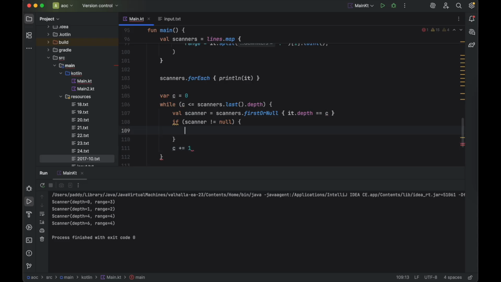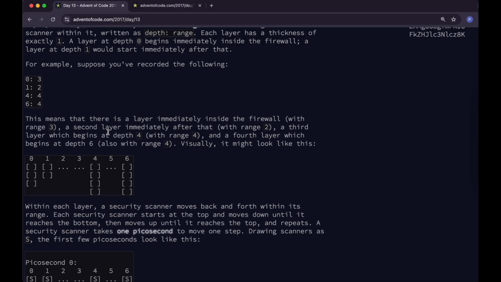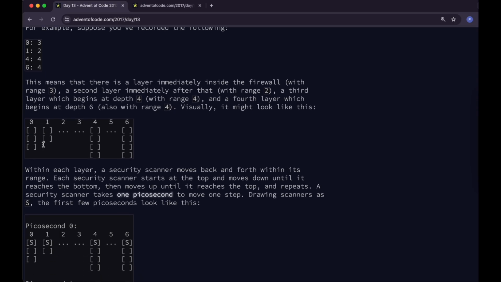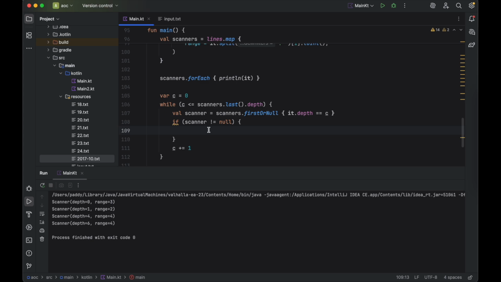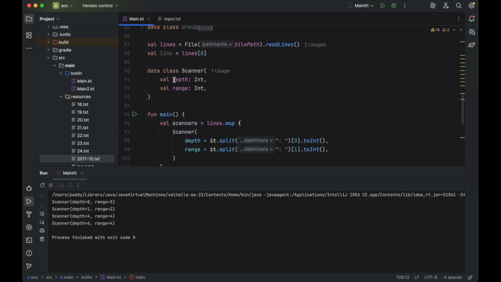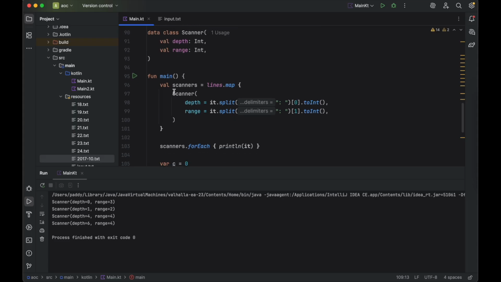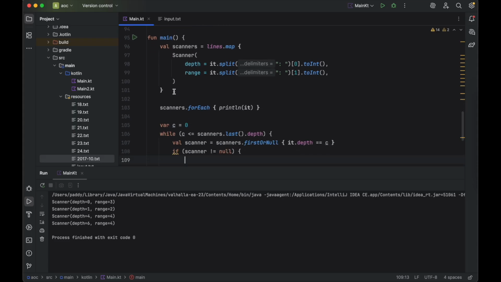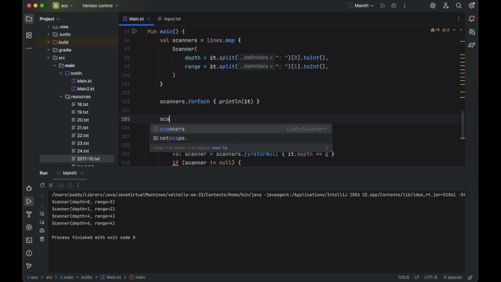And then anyway, we increase C. Now I just need to check, is a scanner on 0? If I can get the scanner's positions, can be